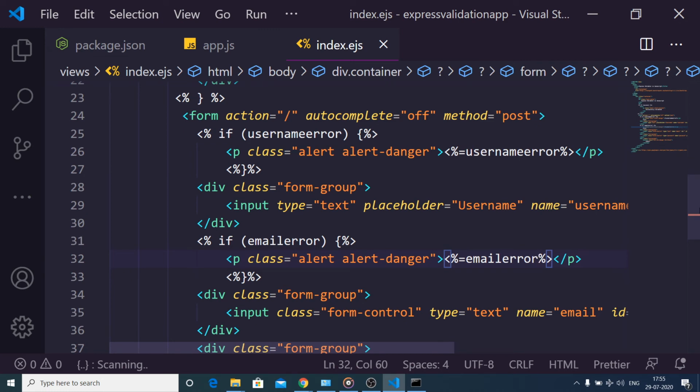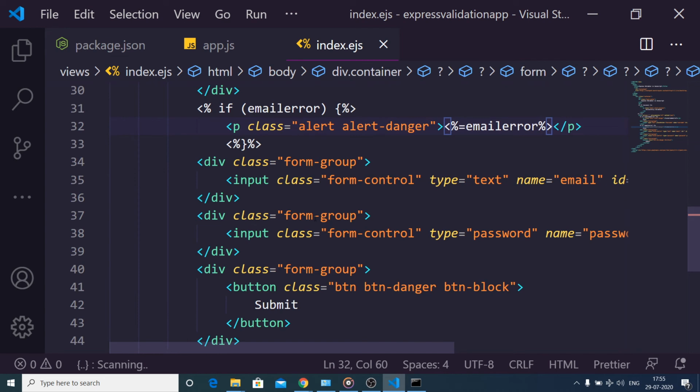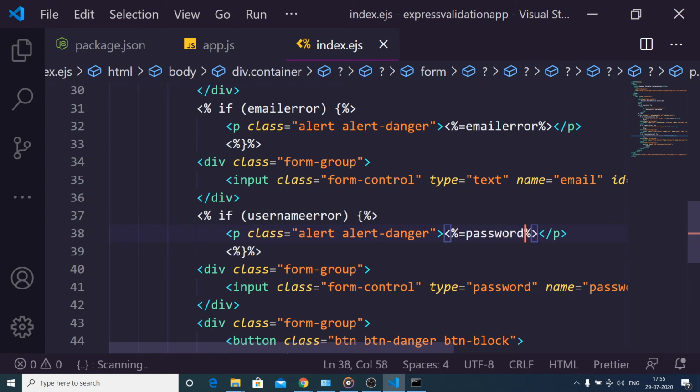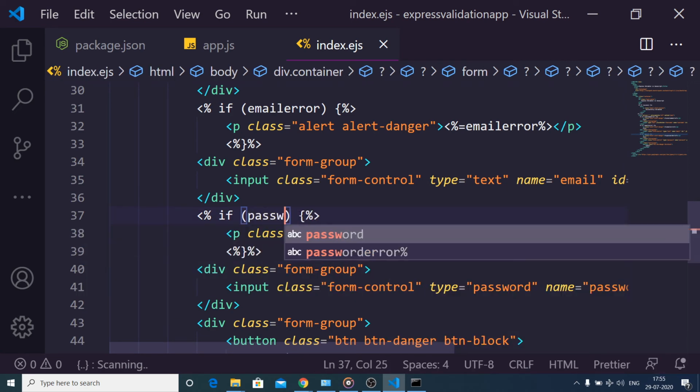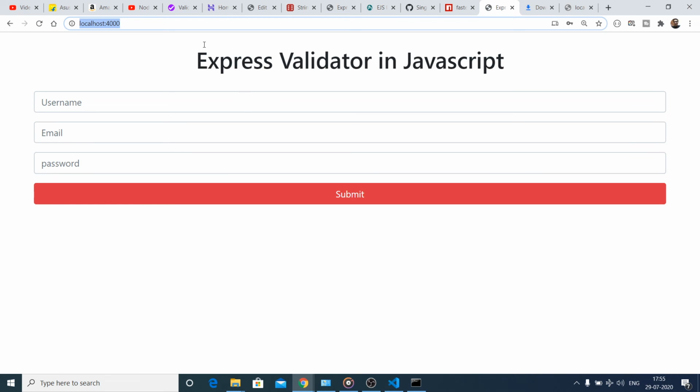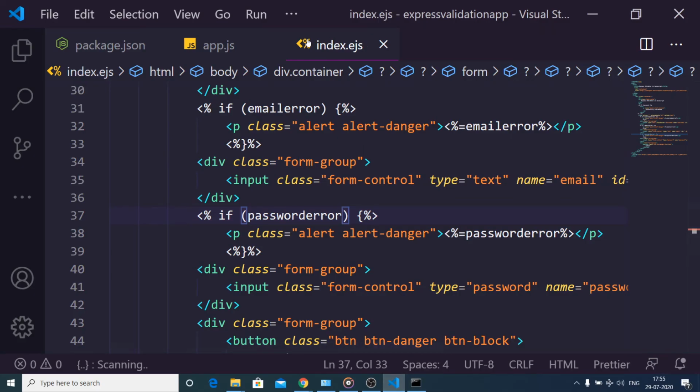This is username, email, and now lastly for the password. So now if I refresh it, guys, and also update some conditions inside our schema.